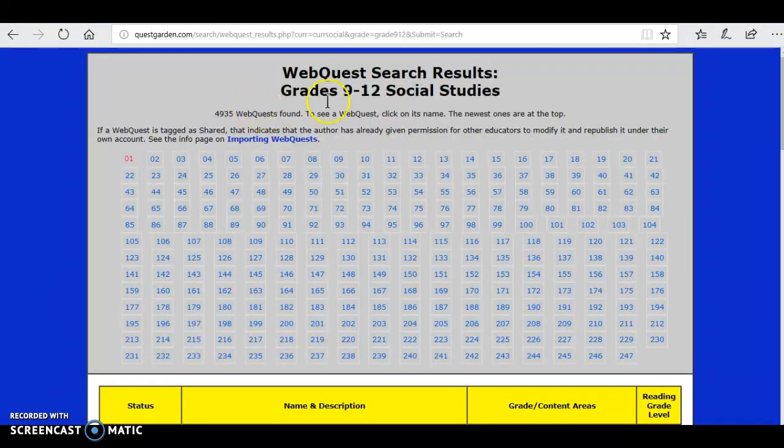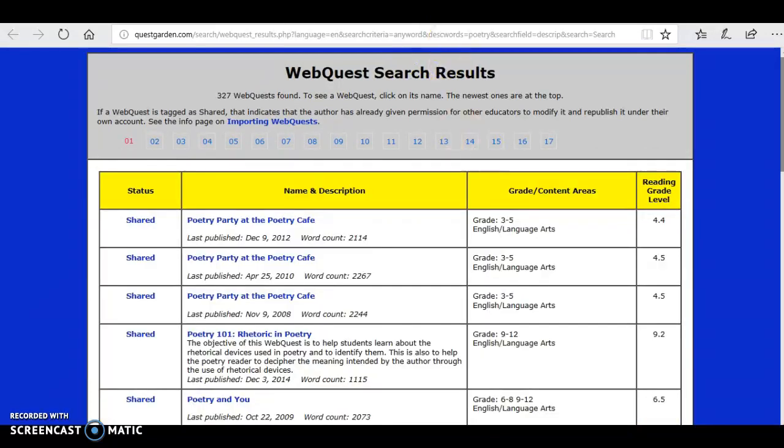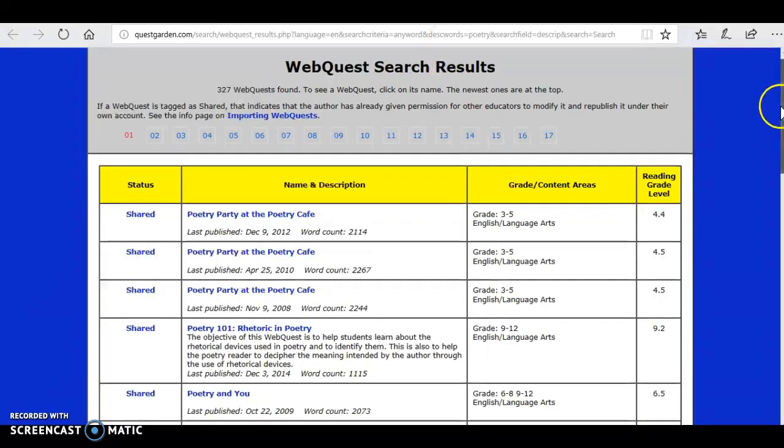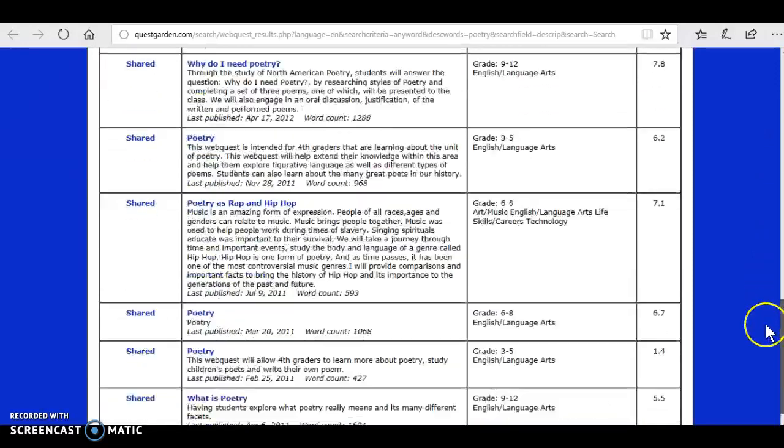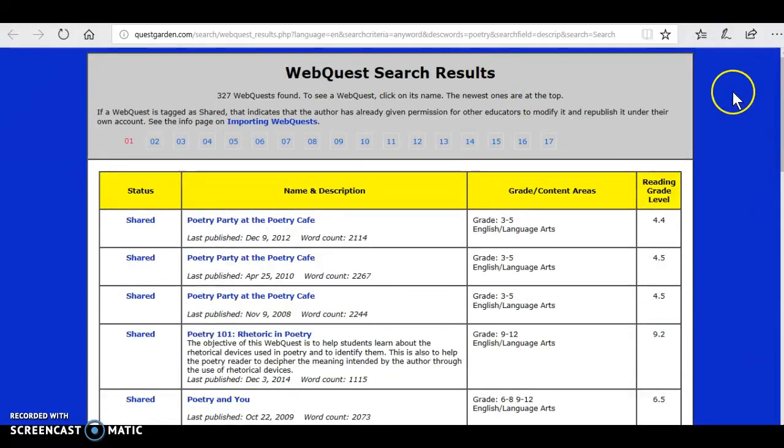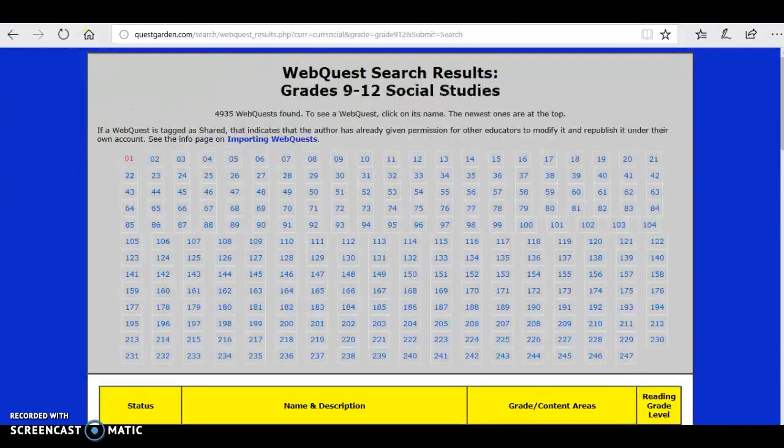I think webquests are super awesome, and I think that they give us a venue to engage our students, get them using those tablets or Chromebooks. You could have them work individually. They could work alone. There's just so many you can get sucked into just sitting here and searching through all the different types of webquests that there are, and you're not going to find a ton that are the same. There are, with anything, a few that are just